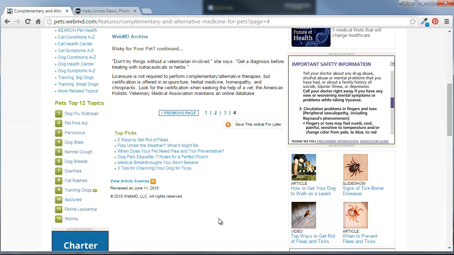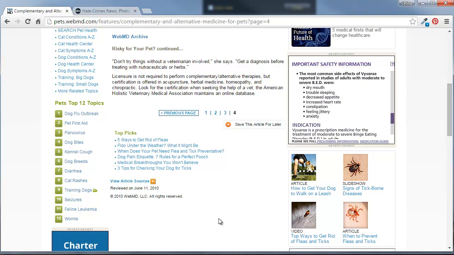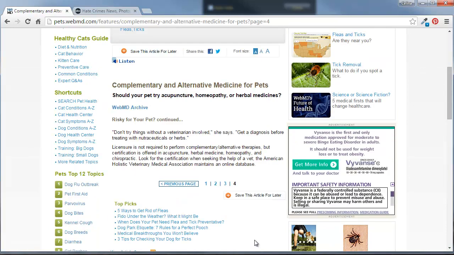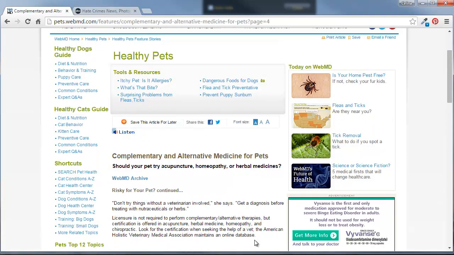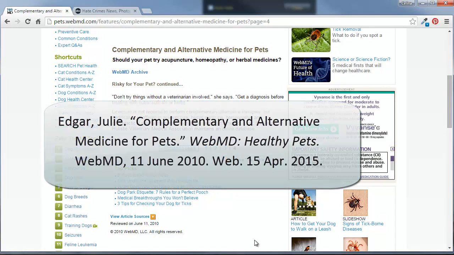And then the last thing we need is the medium of access and a date of access. Now the medium of access, since we're looking online, it's automatically web, and a date of access is simply the date that we're looking at this particular web page. So to sum up, for this web page, the citation should look like